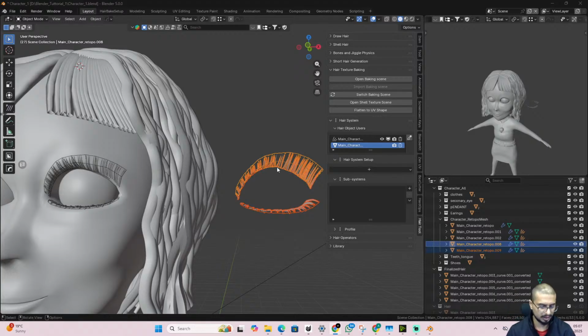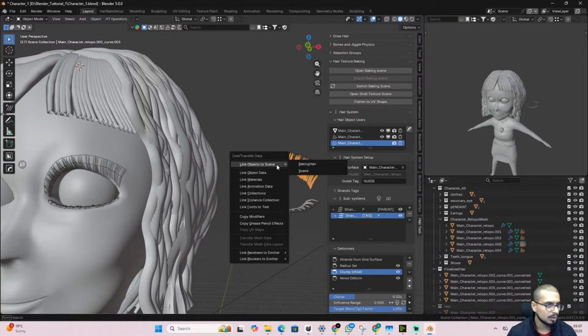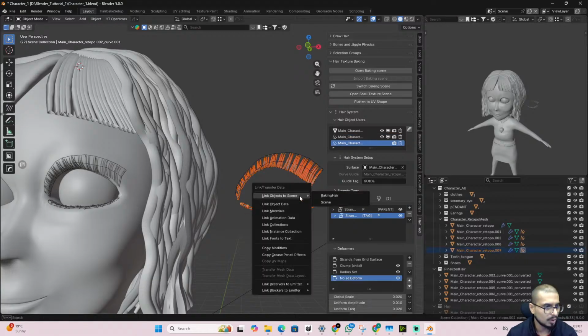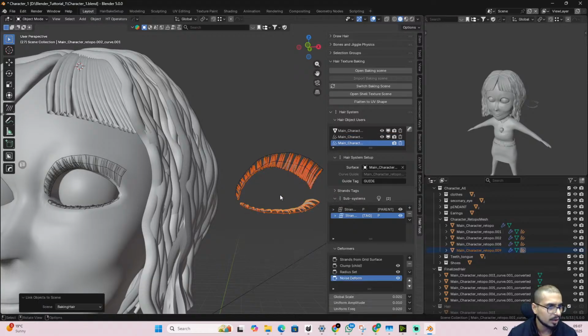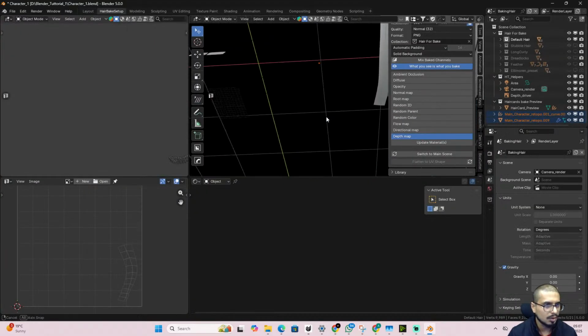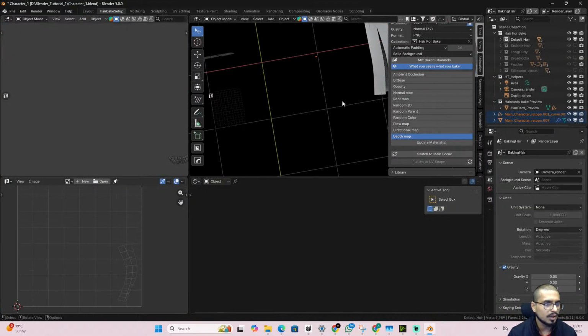Okay, we'll press Control L, link object data to. I'll select both of them and try. Control L, link to baking hair, and now we'll switch baking scene. Okay, so now both of them are available,